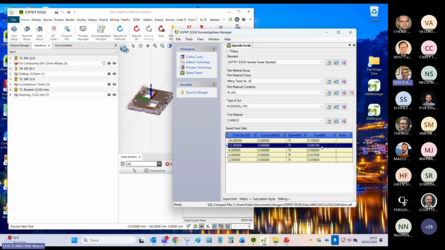It is up to EEdge to associate a unit. So usually the regular unit we use is unit per tooth,